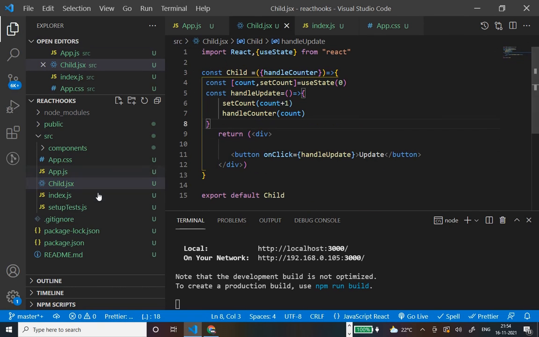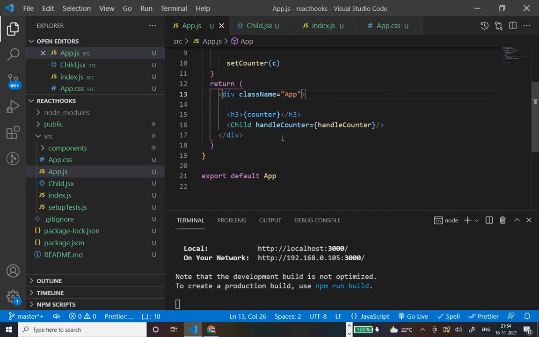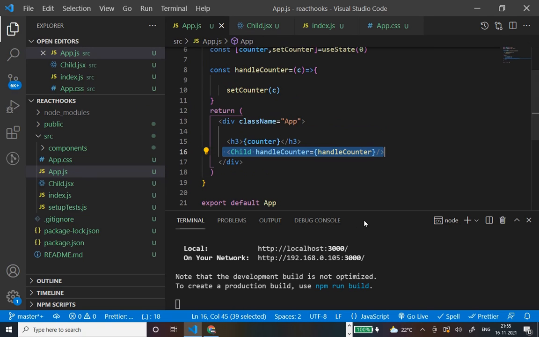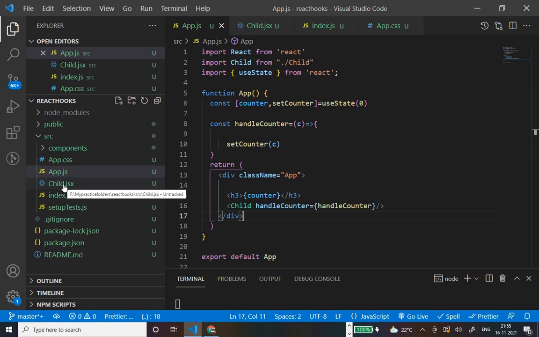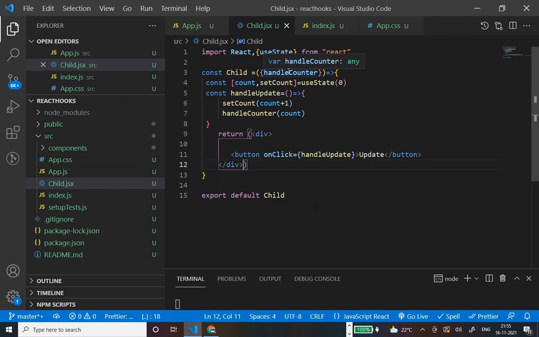I will explain it one more time. This is the parent component. Inside this we are rendering the child component. To this child component we are passing the handleCounter reference as a prop. Inside the child component we are receiving that prop. We know this is a function, so we are calling it inside handleUpdate.